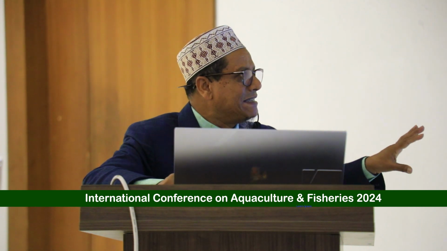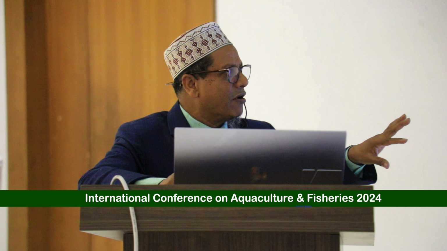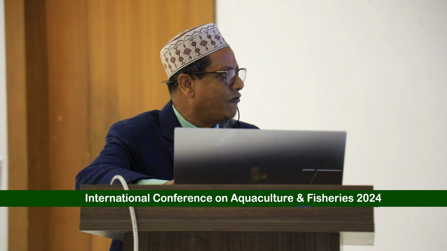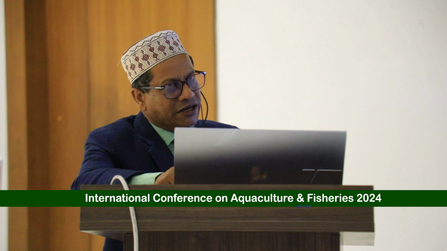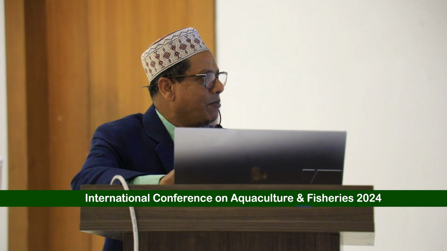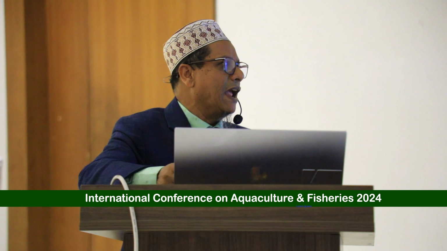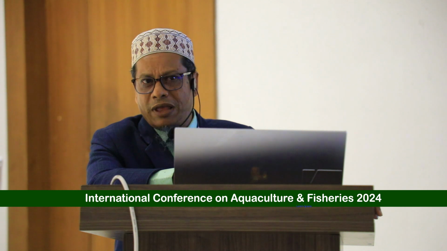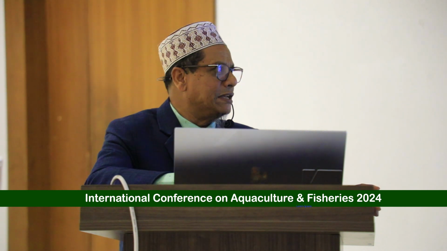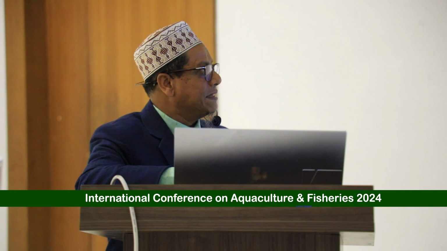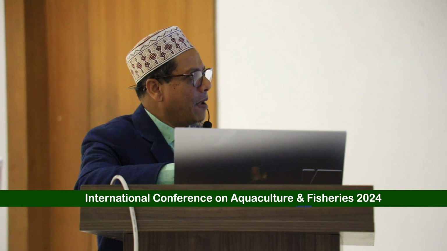Therefore, we are facing lots of pollution coming from runoff, effluents, and deforestation in the upper basin, along with ecosystem degradation from land use and land cover changes. Also, there are some invasive species coming from abroad that are also causing problems to our ecosystem. Here you can see the map of Bangladesh.